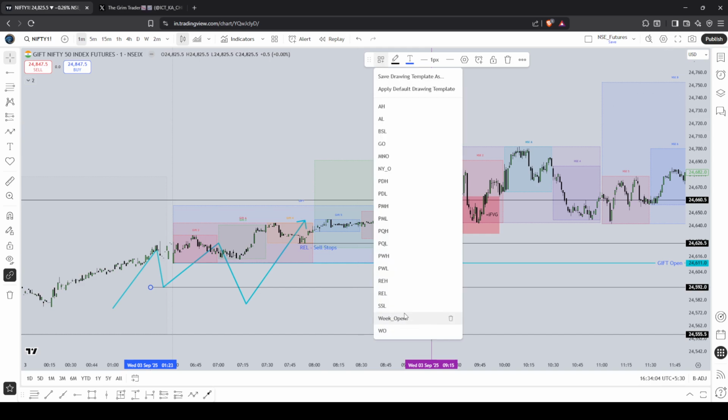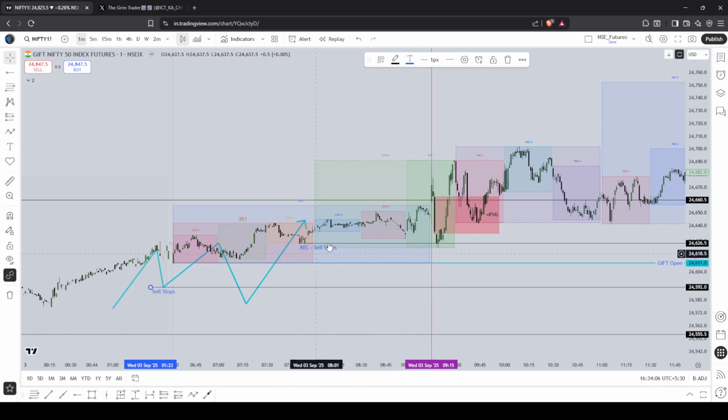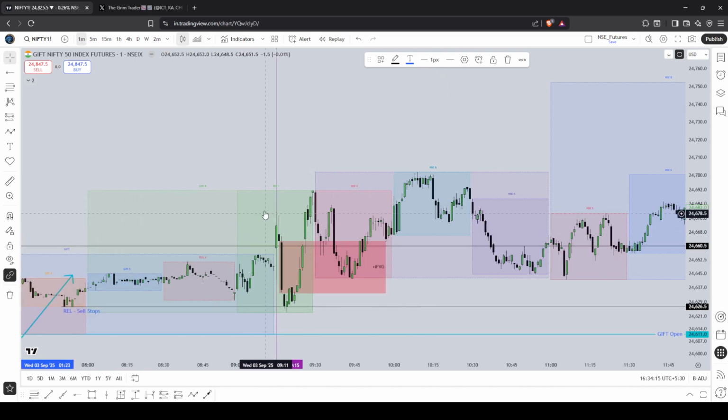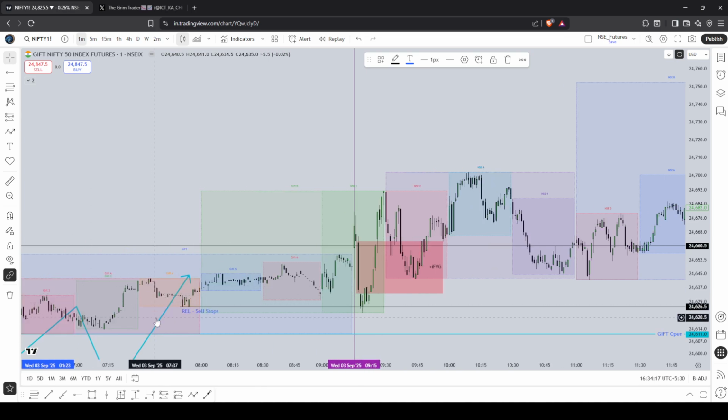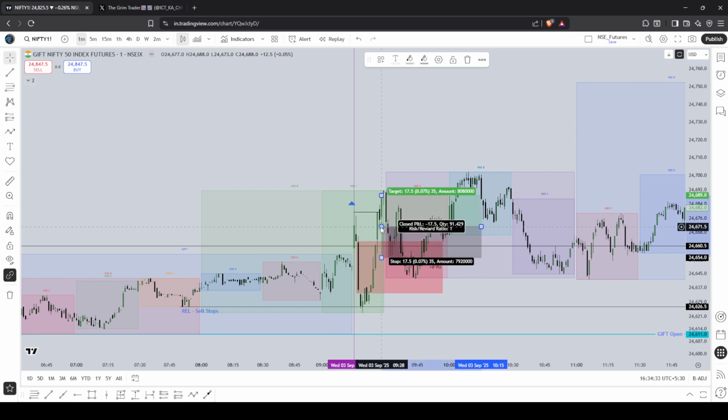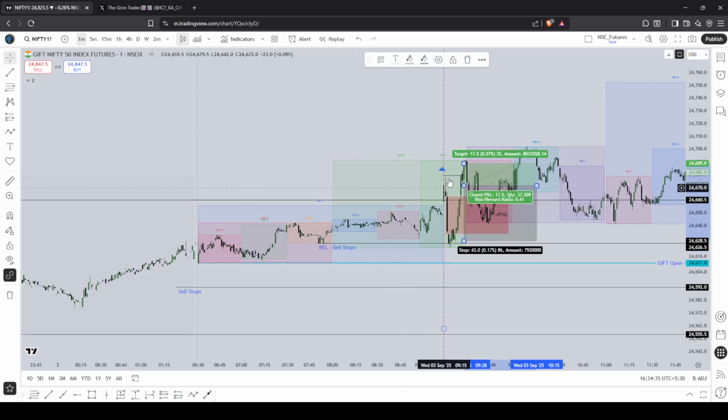When the higher time frame is in an uptrend, on the lower time frame you look for longs under old lows. Like this IFVG, or you can call this a shift in structure right here. When the high here got taken out at 9:15, that's your bullish shift in structure for a continuation higher. And these are fair value gaps you could use for an entry with stops below this low. It's entirely up to you how you want to frame this trade.